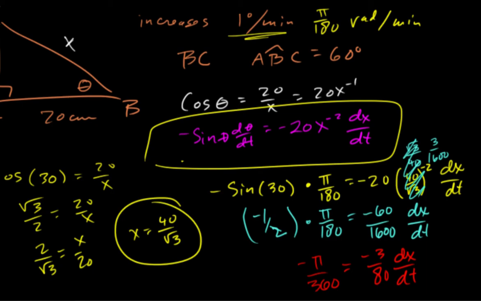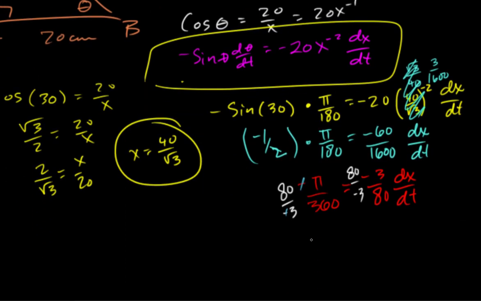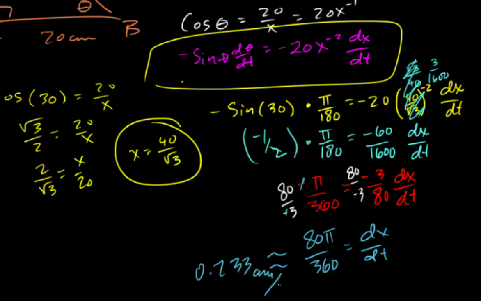Okay, multiply by the reciprocal over here. Those negatives cancel. We get 80 pi over 360 is equal to dx/dt. And if we just plug that into a calculator, we're going to get about 0.233 centimeters per minute. Okay, so we say that x, or BC, is increasing at approximately